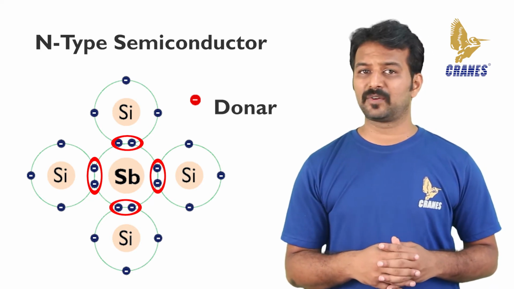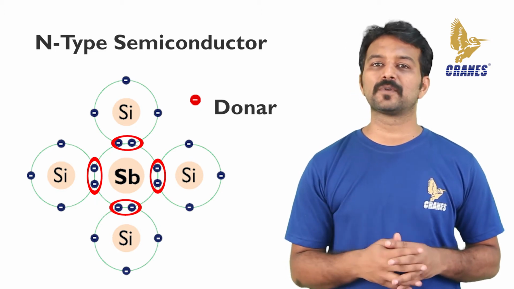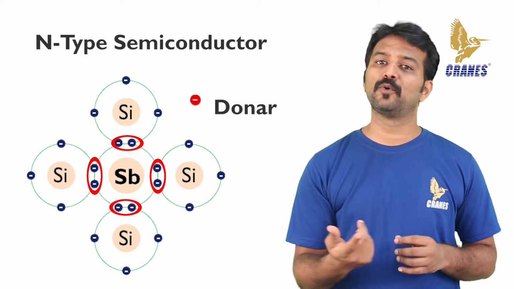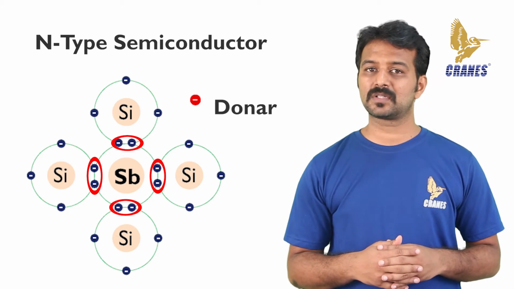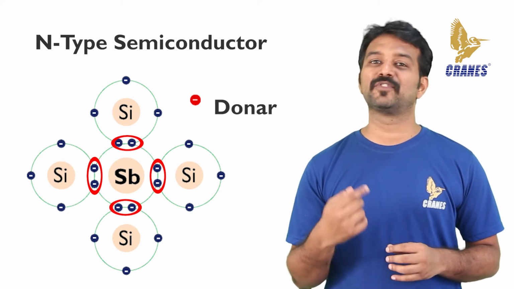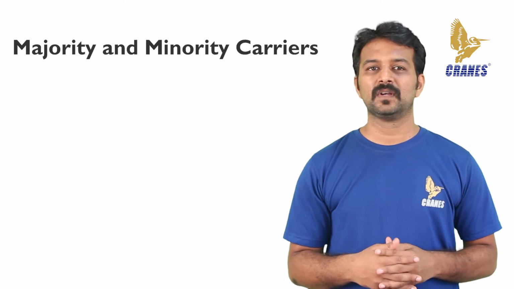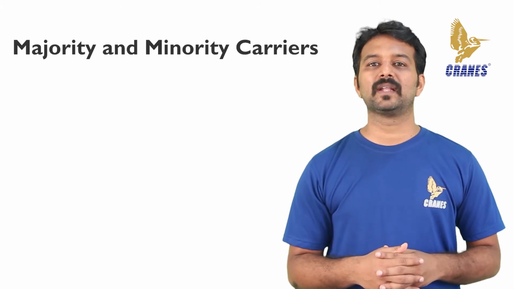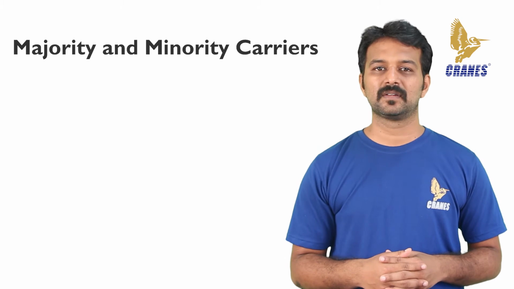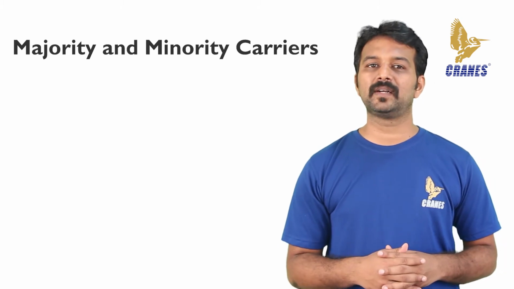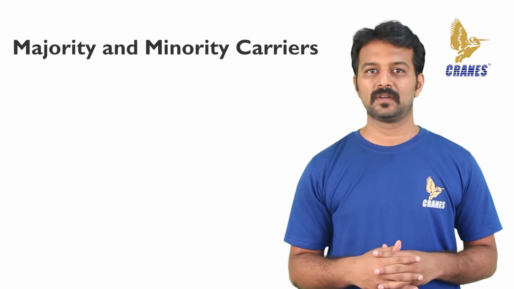A conduction electron created by this doping process does not leave a hole in the valence band because it is in excess of the number required to fill the valence band. Let's look into the majority and the minority carriers. Since most of the current carriers are electrons,